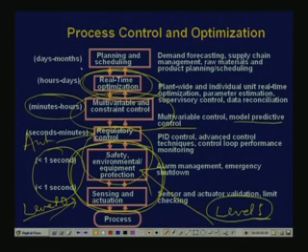real time optimization, which is also done at the level of multivariable and constraint control. So, you have real time optimization for actually